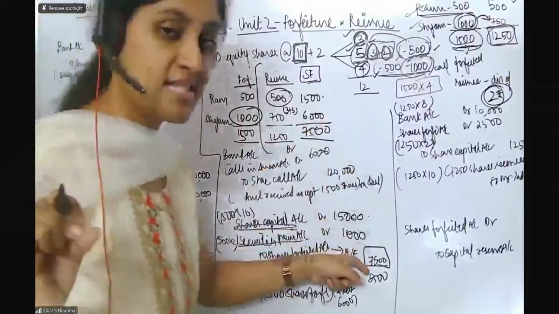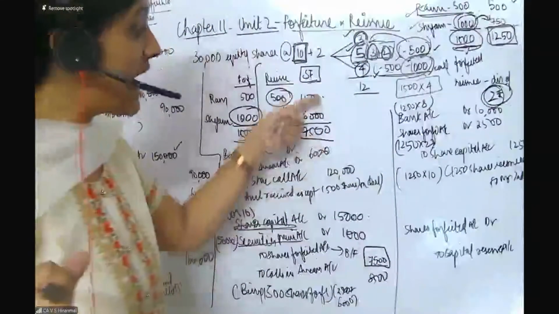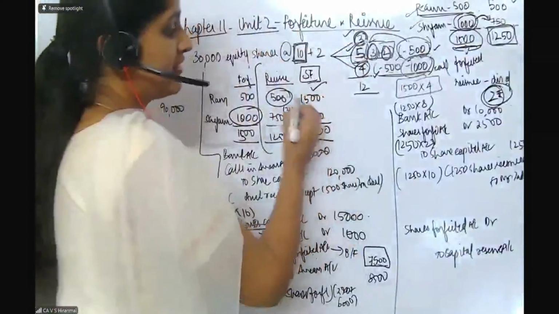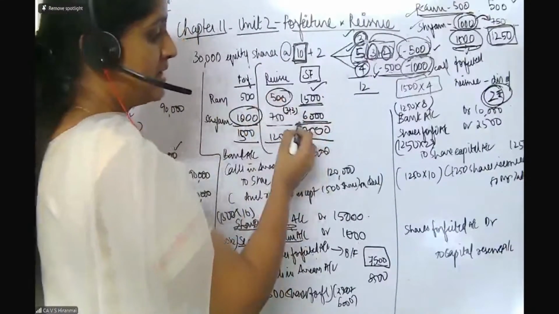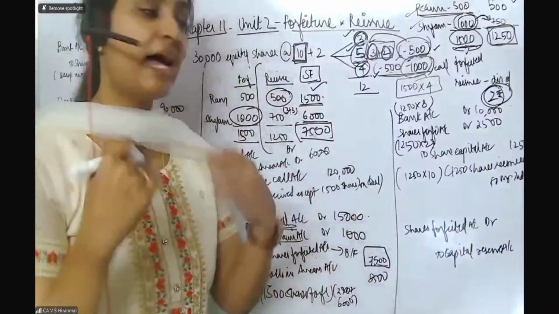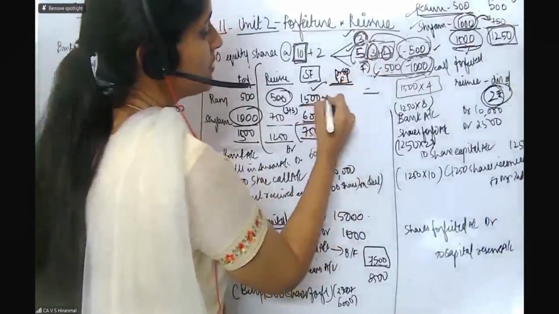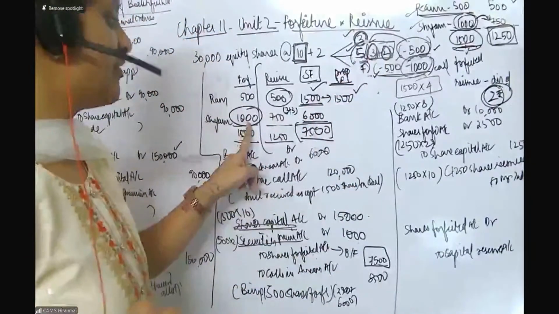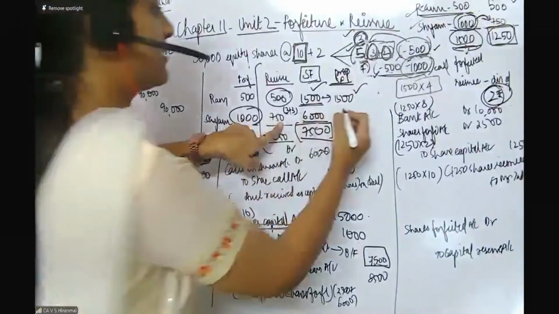My dear students, this 7,500, I asked you to take it as a balancing figure. Now I showed you whose amount, how much is there. So 1,500, this value of Ram, and 6,000 rupees of Shyam is sitting in this 7,500. But my dear students, I want the proportionate value. What is proportionate? This 1,500 I will take fully. But here how much? For 1,000 shares, if it is 6,000 rupees, for 750 shares, it will be